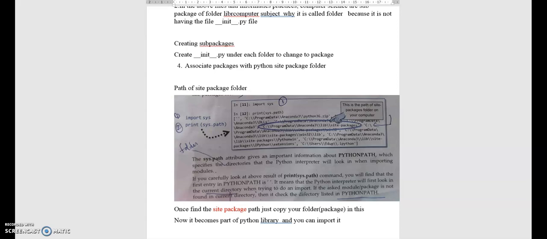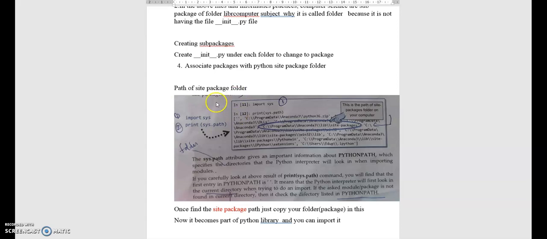You can import your package by placing it in the site-packages folder, so that it can be accessed from anywhere.